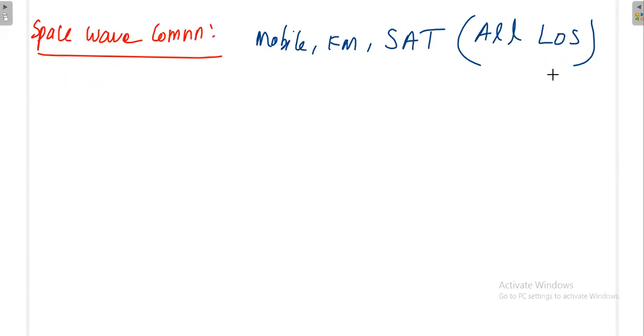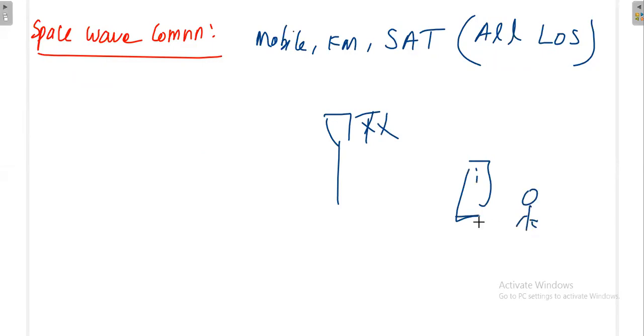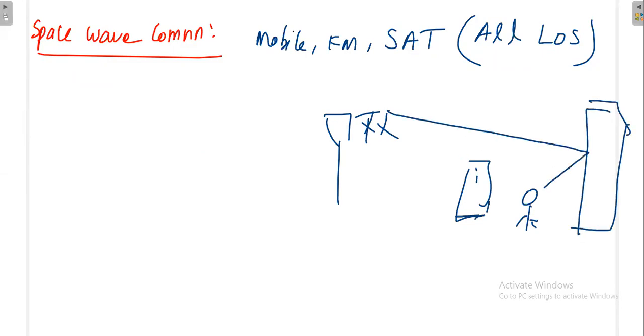Okay, that is with the help of electromagnetic waves. Suppose, for example, some transmitter is here, and one more building is here. I am standing here. Now you may think there is no line of sight. Then there may be one more bigger building here. The signal may go here and get reflected from here. That is also possible. Or otherwise the signal can simply penetrate this building, and that also will reach you.